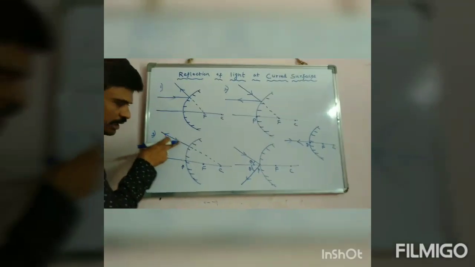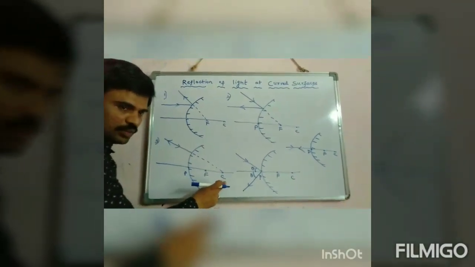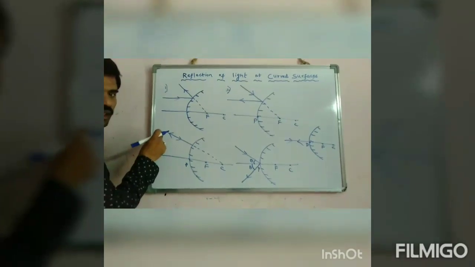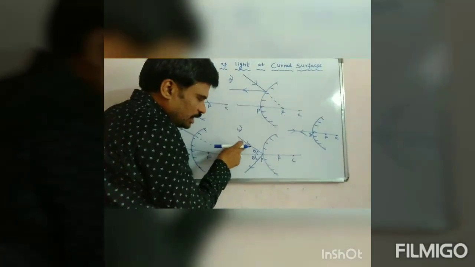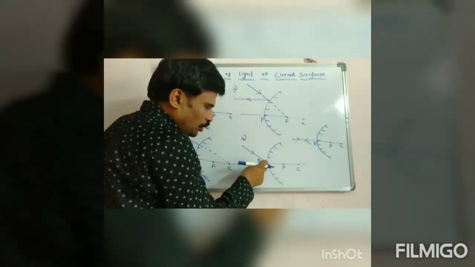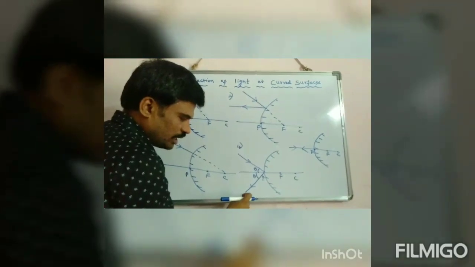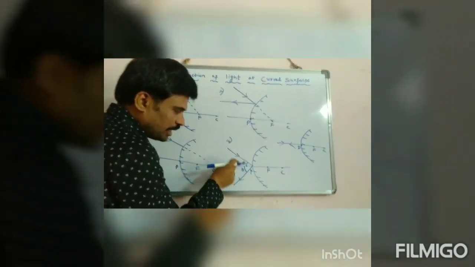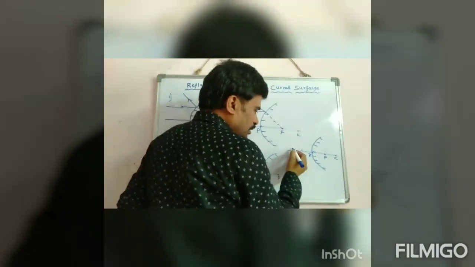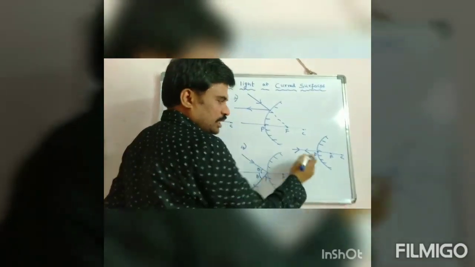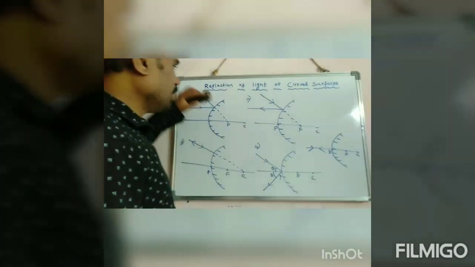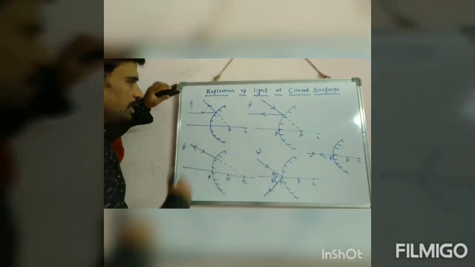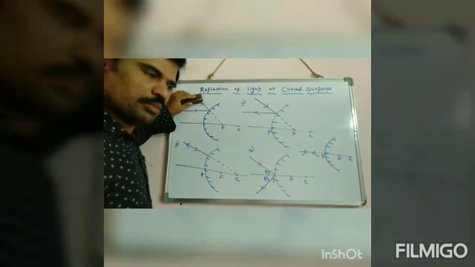Now let us see the third rule once again. The incident ray appears to be passing through the center of curvature, then the reflected ray bounces back in the same direction. The fourth rule is, the incident ray is incident at the pole, then the reflected ray bounces back in the same medium, but by making the same angle with the principal axis. The fifth rule is, the incident ray is passing through the principal axis, then it bounces back in the same direction. Right? Now let us draw the ray diagrams for the convex mirror.